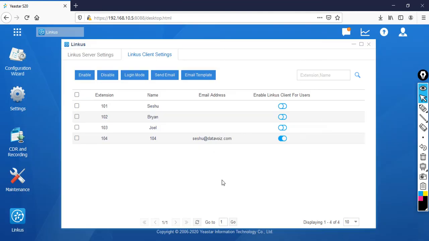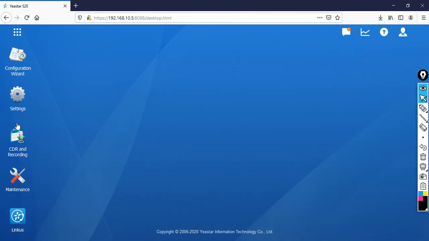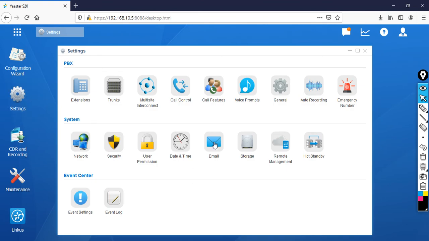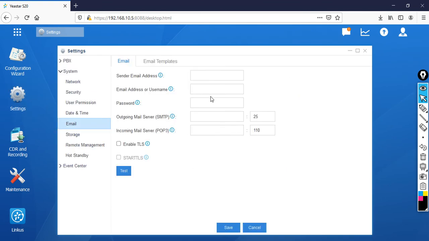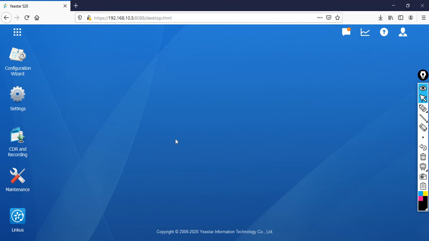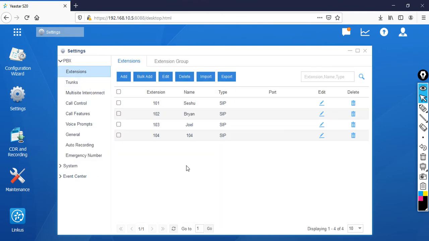Then click OK. Some people are going to configure their own email address. For that you just go to email and you can fill it out. You can give your SMTP and POP3, your sender email address, and email username and password, everything you can specify. But right now I'm going to use the Linkus server, so no problem, because I'm going to use the Aster services. Through the Aster service I can receive the email. So now I have successfully enabled it for the extension 104. Now I'm going to use the Linkus client to log in to this extension. Let's go and see it.